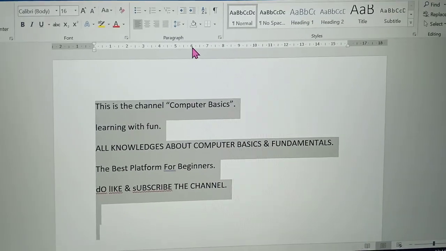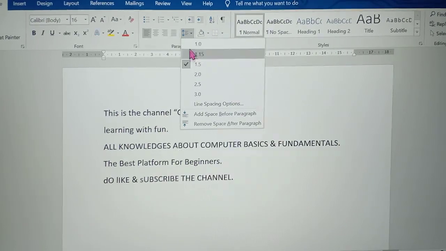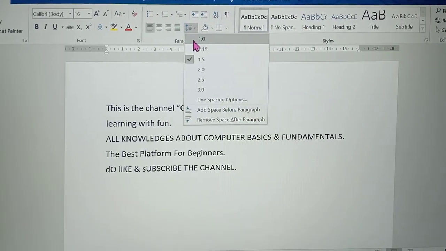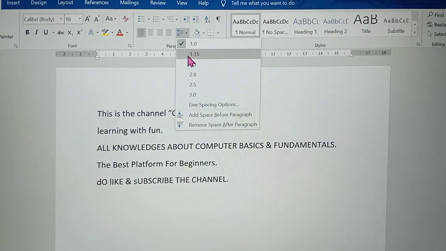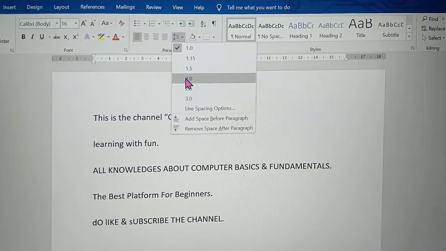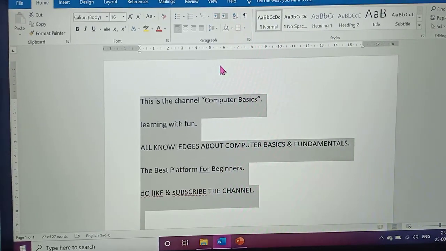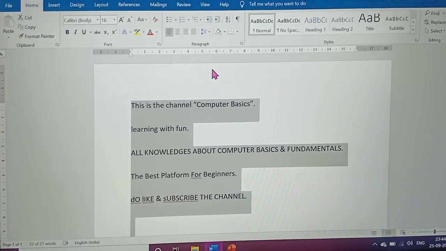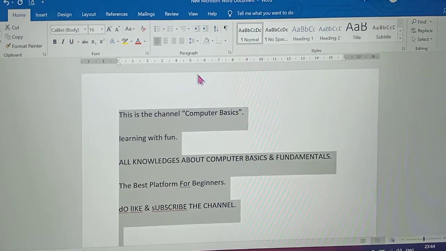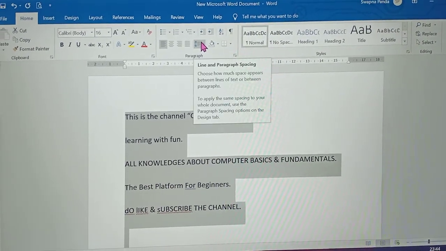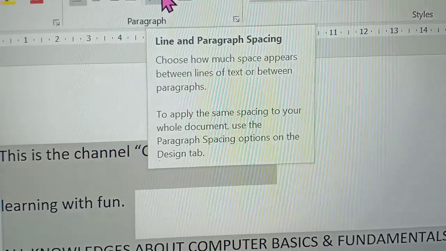See, I set these lines to 1.5. By default it is 1.0. Now I set this one to 2. See, this one is changed. So this is the process of giving space between two lines by using the line and paragraph spacing option.